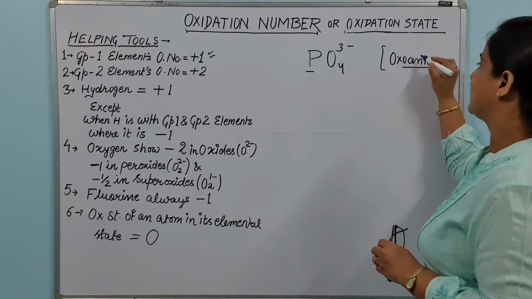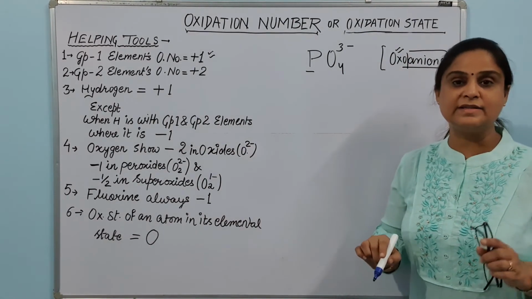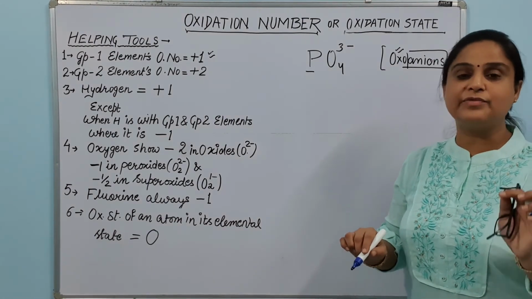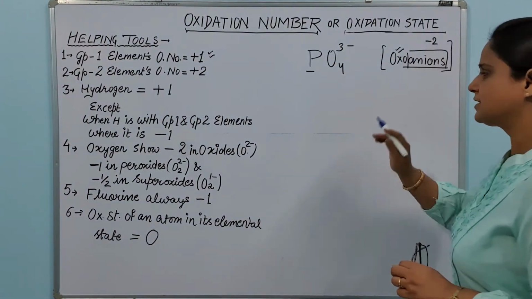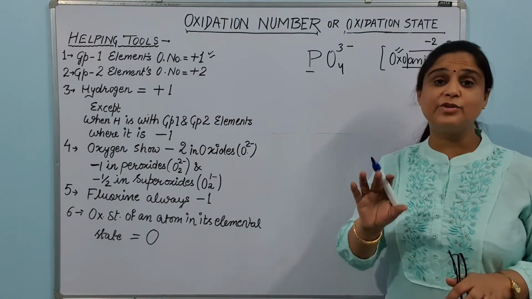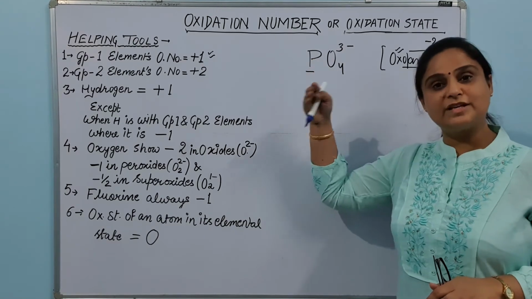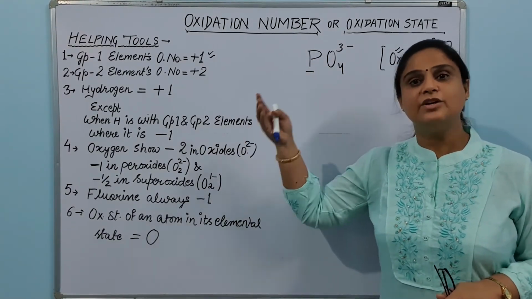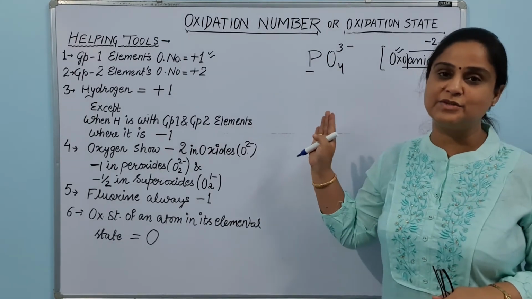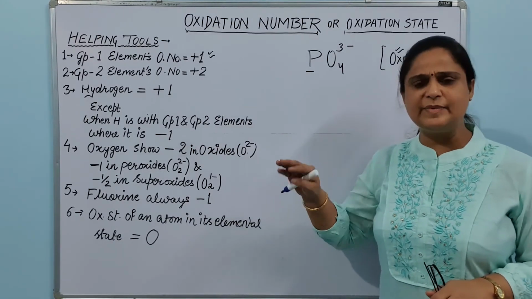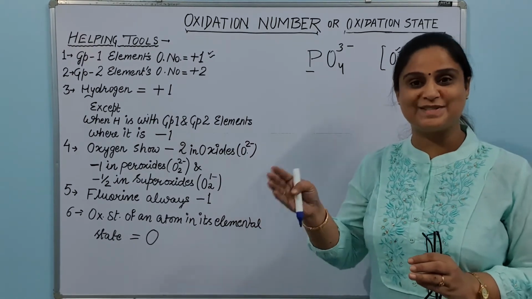Oxoanions are the anions having oxygen in them. In oxoanions, the oxidation state of oxygen is -2. So if you want, you can write this down. In most of these ions, you can see the oxygen. This is an ion having oxygen in it, so these types of ions are called oxoanions. So if you find an oxoanion, you just consider oxygen at the -2 oxidation state. Anyway, oxygen is a reliable one except in 2 cases, superoxide and peroxide.